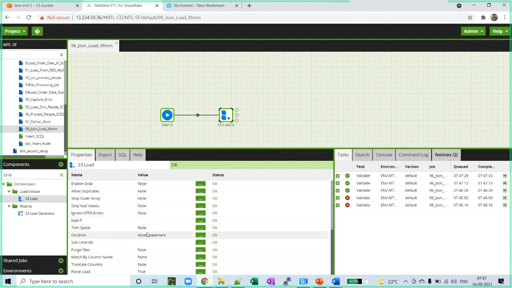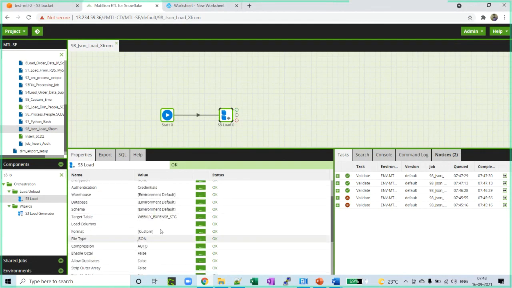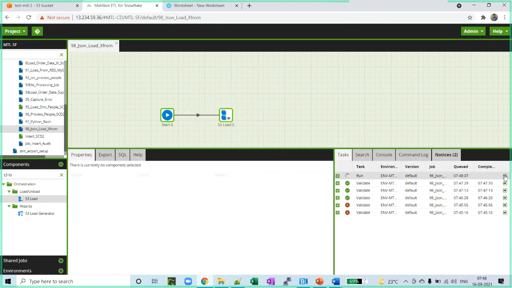We can keep it as it is. For CSV we have some default values, and these are the default values I have given. Okay, so the only difference is I need to mention here that it is JSON. If I run it,